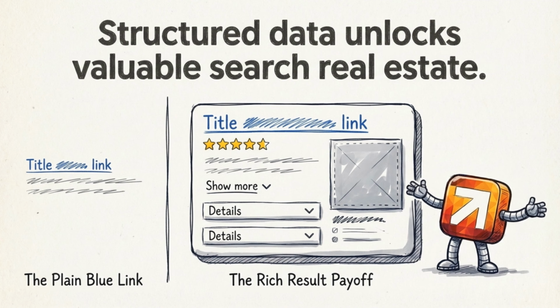And the payoff, rich results, the snippets that Google may show in search. It can be reviews, FAQ, Q&A that are important for people to know more about your business, products and pricing, event information. These are all powered by schema. Without it, Google might still show your page, but it won't stand out. No extra visual elements, just a plain blue link. For local businesses especially, the difference can be dramatic.